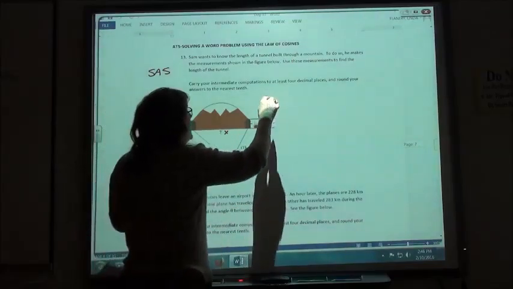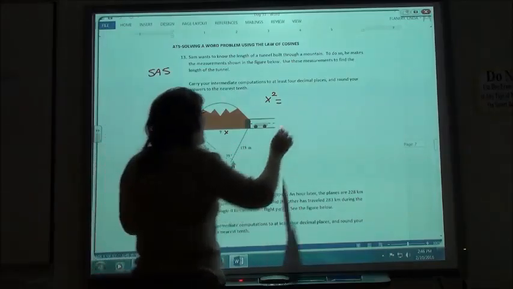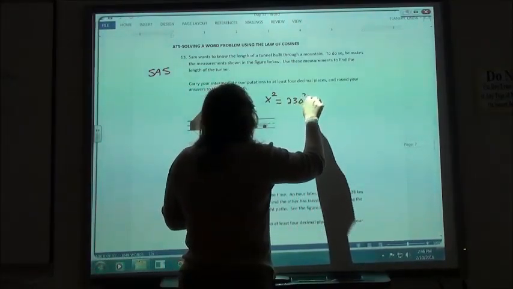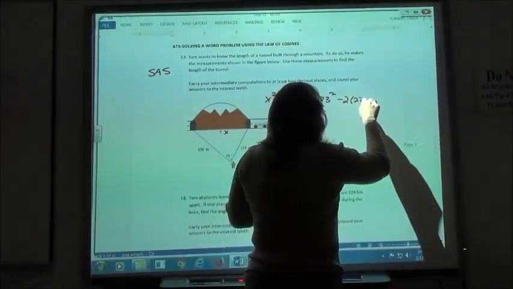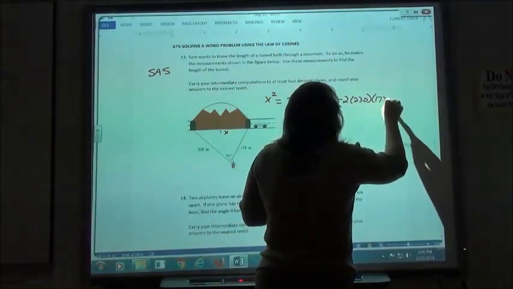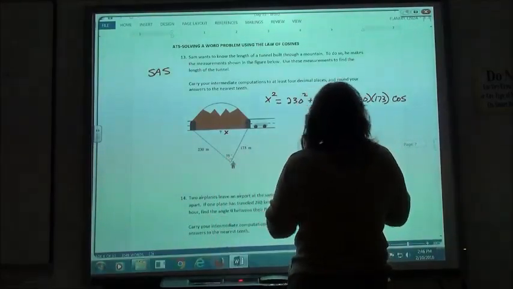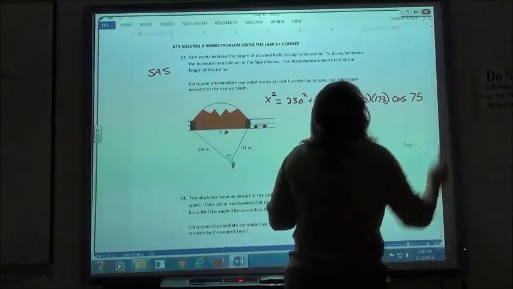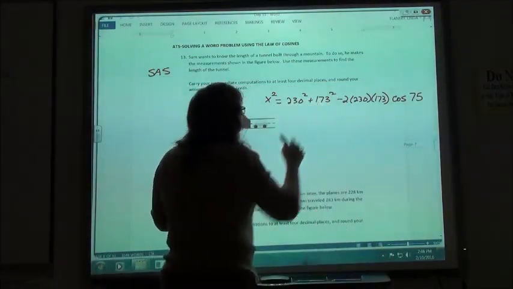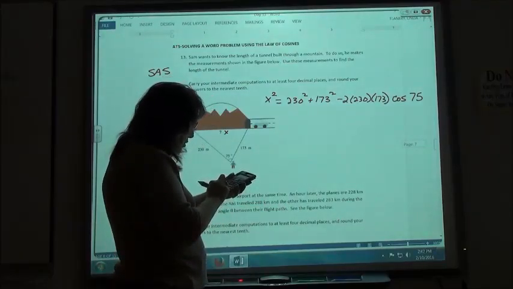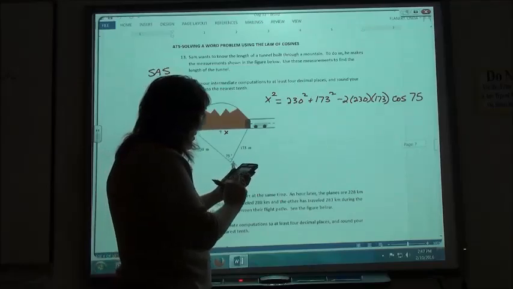So I'm going to say x squared is going to equal, and it doesn't matter which is which, but I'm going to have 230 squared plus 173 squared minus 2 times 230 times 173 times the cosine of the angle that's across from x, which is 75. So solving that, again, I'm going to put these two together first. So 230 squared plus 173 squared would give me